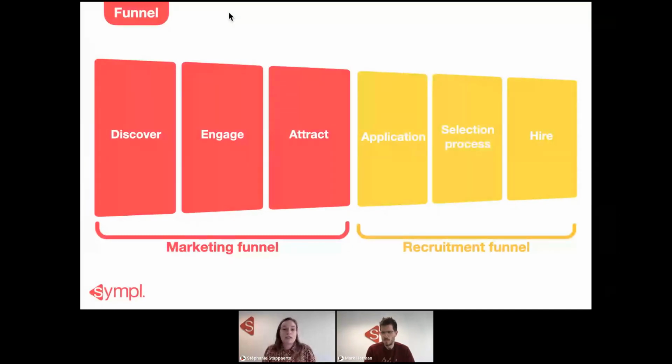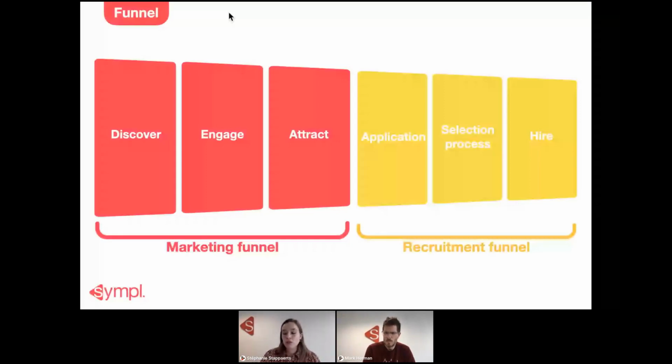In the engage phase, you will write a bit more about, are you looking for a new opportunity, but not the specific vacancy yet. It's only in the attract phase that you show your advertisement for your specific vacancy, for your specific company. Why is this so important to know? Well, you need a visualization of all the steps so you know where something goes wrong, because you pay for it. You do paid recruitment campaigns, and you want to know in which step you have to optimize to get the most applications, and the most qualitative applications.